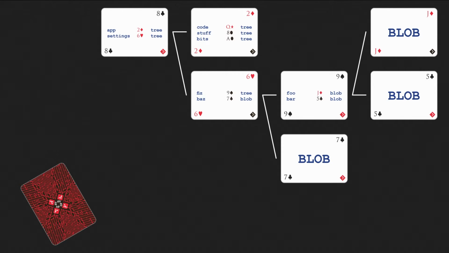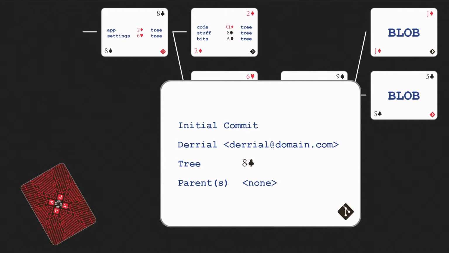Now that our data is stored in the index and our tree is ready, we're ready to make our commit, which means that we'll need to put a few pieces of information into our commit file. First, we need a commit message, in this case, initial commit. Second, we need the author of the commit. We'll reference them by their name and their email address. In a real repo, we'd store the date and time of the commit as well, and you have the option of specifying both an author and a committer, but we'll simplify here.